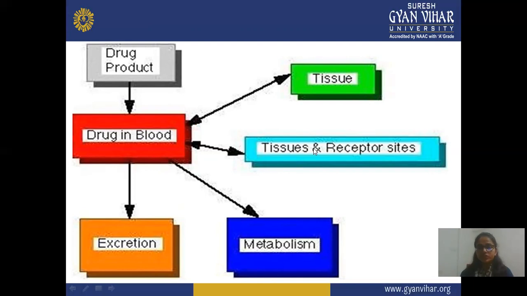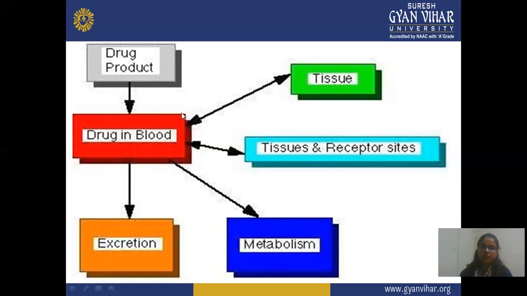After reaching the tissue and receptor, there may be a chance that the drug comes back to the blood. The next parameter observed when the drug is in your blood is metabolism, meaning the drug is directly metabolized. This is an irreversible process, because once your drug is metabolized, there is no chance that it will show its effect in your body again. So these are the flowchart or parameters that show the effect of your drug.